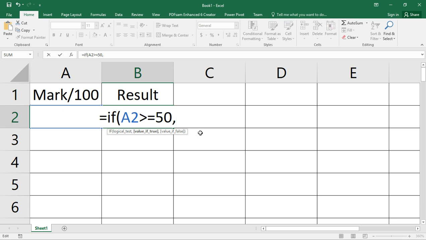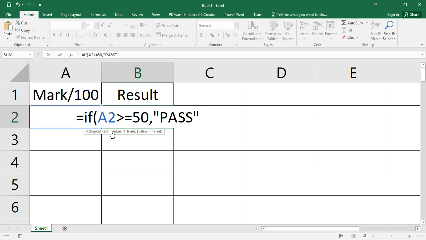you see, then that's a pass. So for Excel to type a pass, I will put double quote there and then type pass and close the double quote. Double quotes are used whenever you want Excel to put in a string.